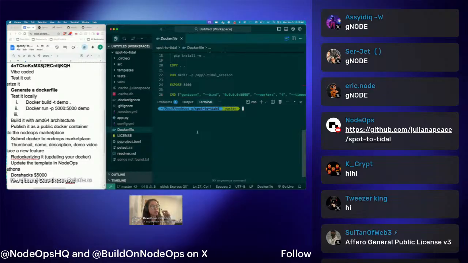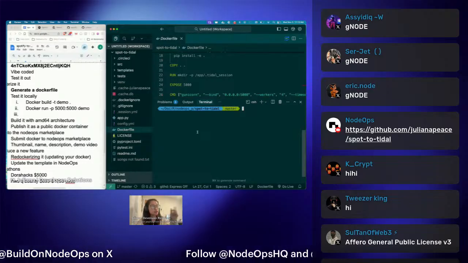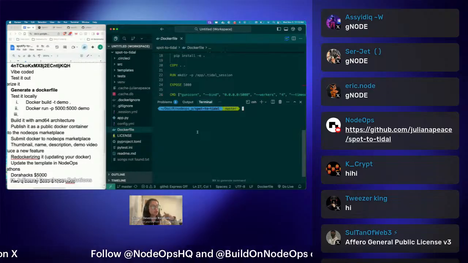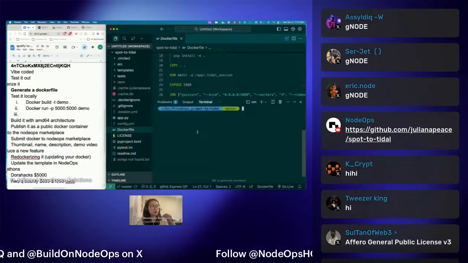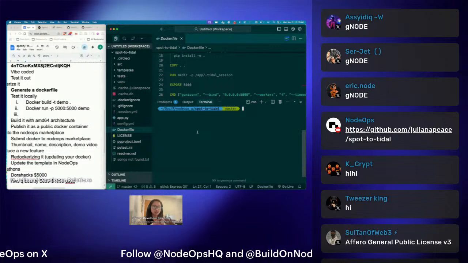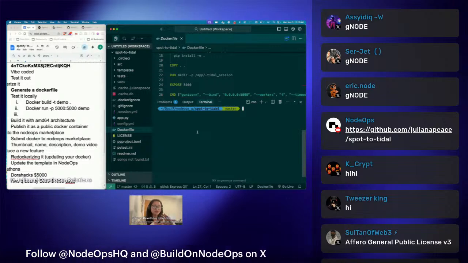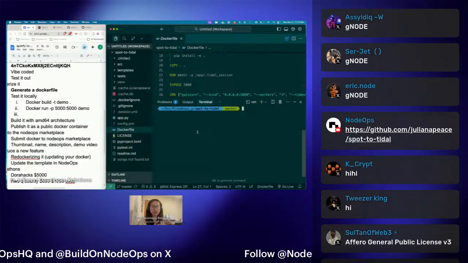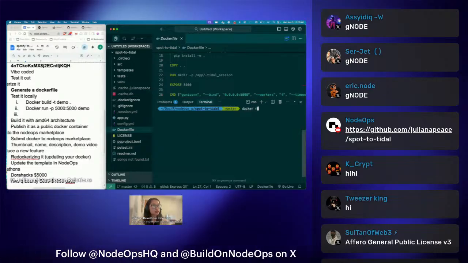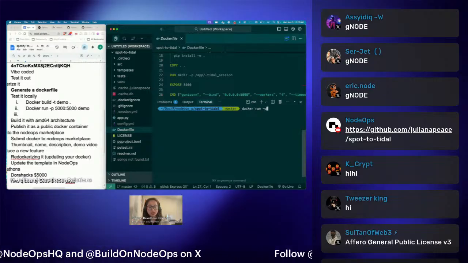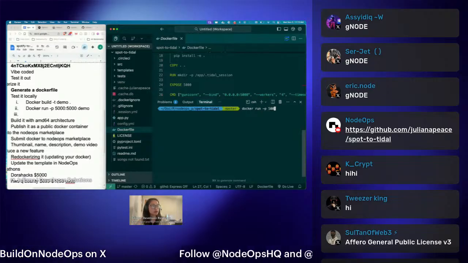The redirect URI comes back to your application on port 5000, because you're building it in the Docker image. Docker cannot recognize redirect URLs unless you pass it in as an environment variable. So we're going to do docker run -p 5000